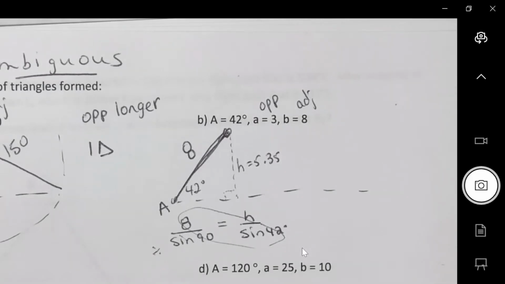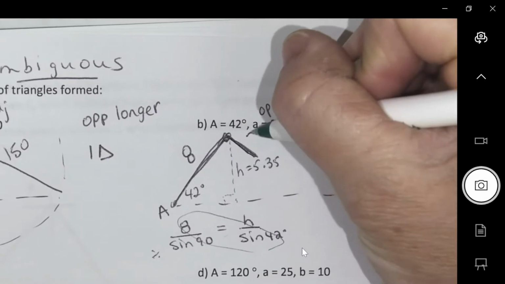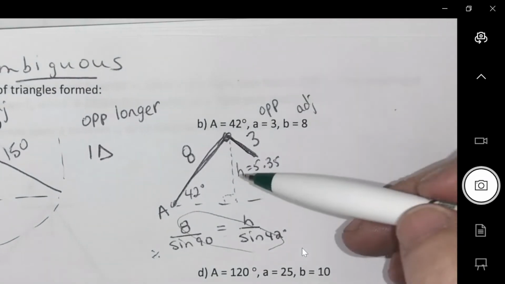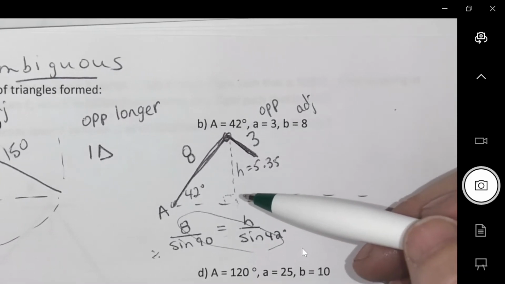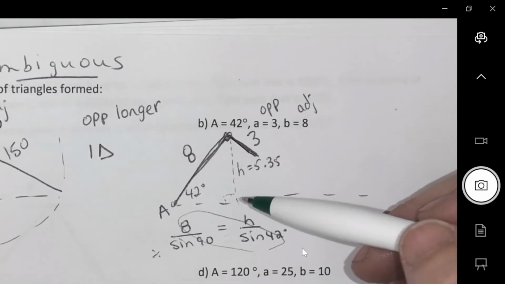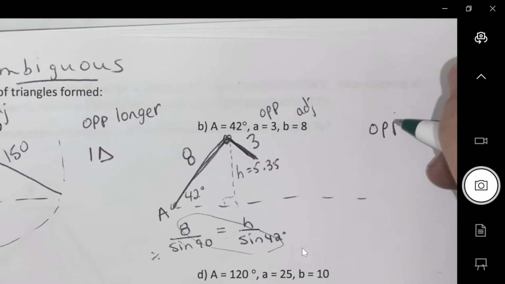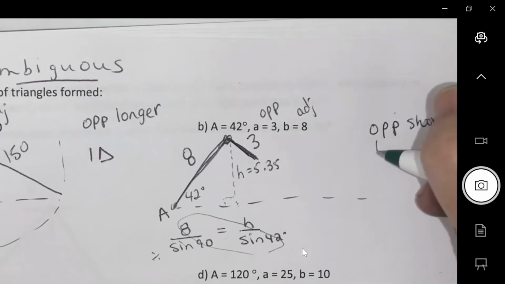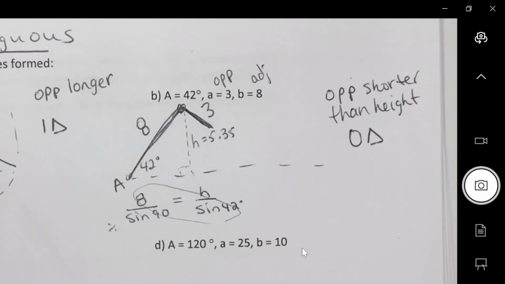So where do you think the opposite side 3 will form a triangle? It won't. 3 is too short. It will not be able to reach this bottom ever because the height is the shortest you can ever go. Right? If you're shorter than your height, you're not going to be able to reach. So if the opposite is shorter than the height, no triangles. So that, if you want to write on your cheat sheet,